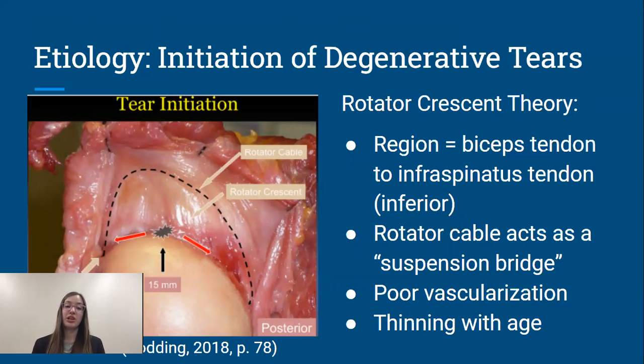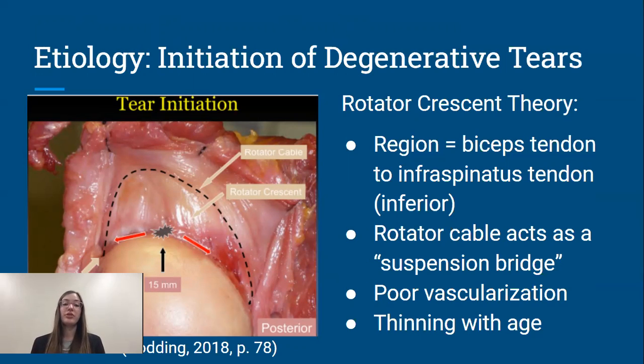of the infraspinatus tendon. And this crescent is bordered and outlined by the rotator cable, which is a thick bundle of fibrous tissue at the intersection of the glenohumeral and coracohumeral ligaments. This arched cable, which is shown by the dotted black line, is structured kind of like a suspension bridge is, and it acts to protect the more delicate crescent beneath from stress in the case of healthy shoulders. However, this area does not have a good blood supply and therefore does not heal well and thins progressively with